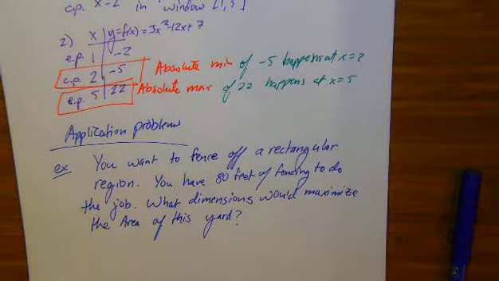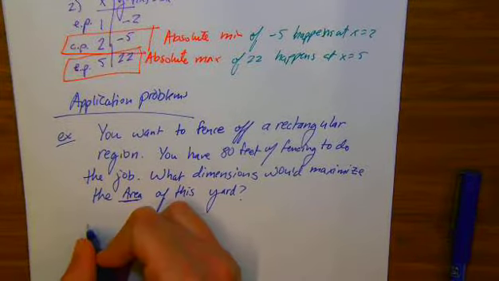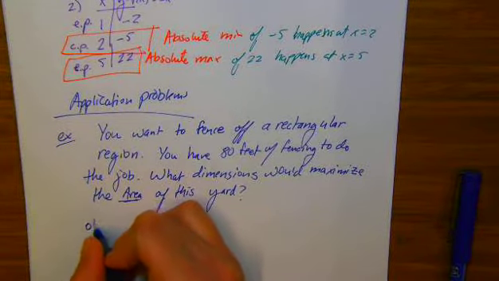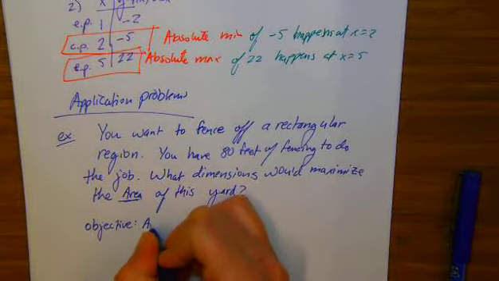Alright, so here we have to do a little bit of work because we're not given any equation. We want to optimize something because we want to find the maximum of something. We want to maximize, in this case, what? Okay, so we want to maximize area. So our objective, our goal, is this area